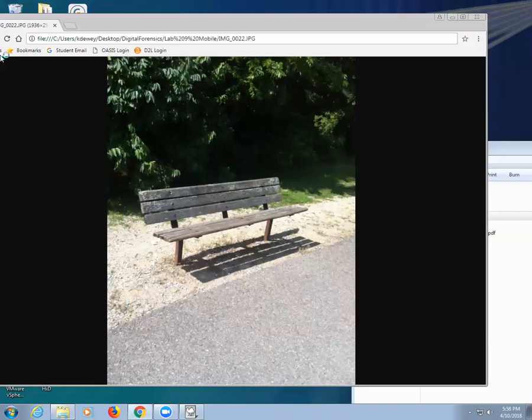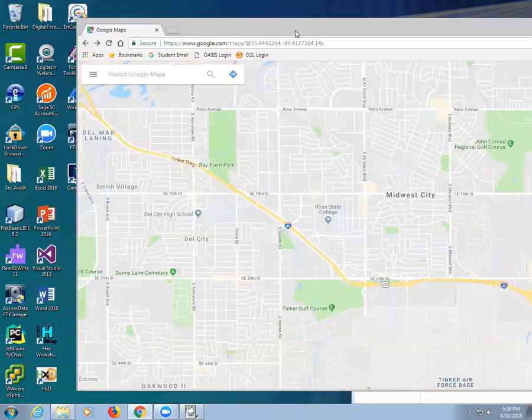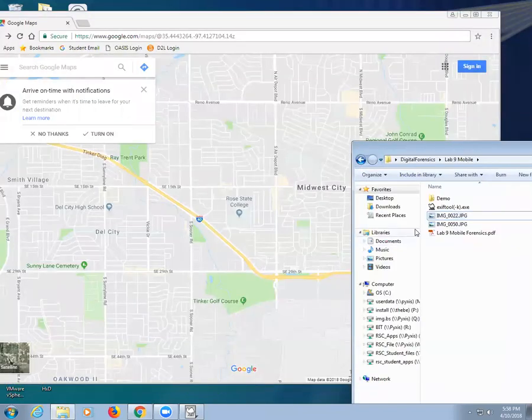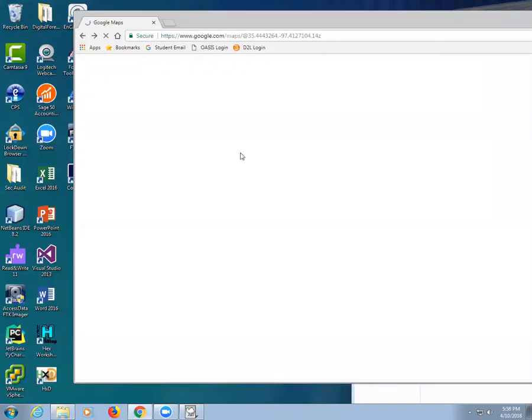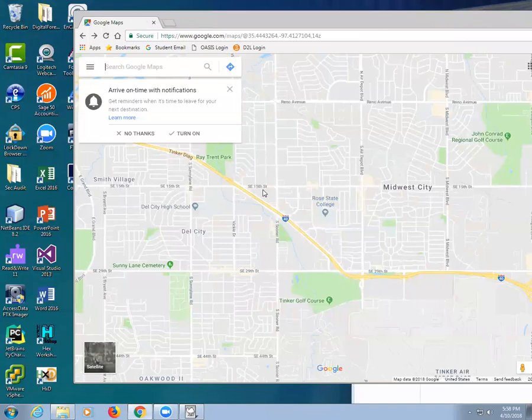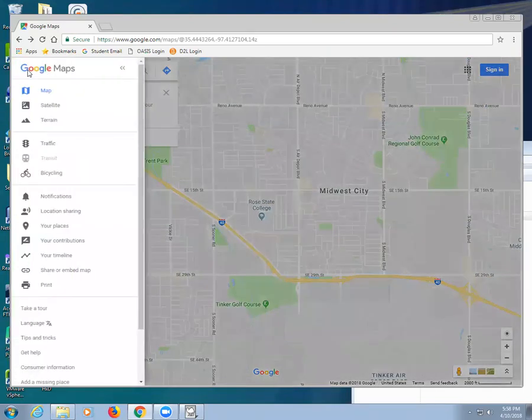It looks like you spelled it wrong. Oh, come on, open the darn thing in Google Maps. Open the picture location. Yeah, you can. There's an easy way. How do you get it in here? No, that's not it either. I know Google Earth you can do it in. I don't have it installed. That's the problem. I don't have it on this one. Hold on. There's a way you can do it in here.